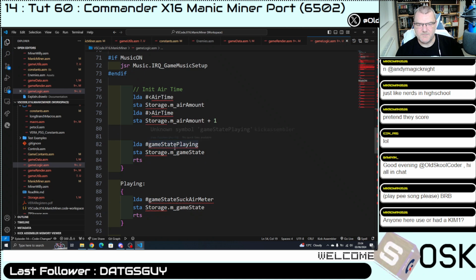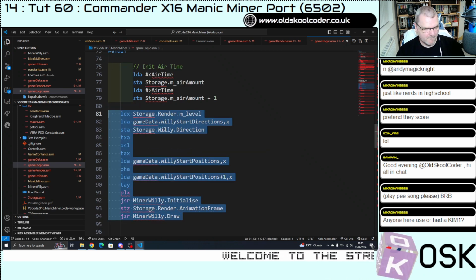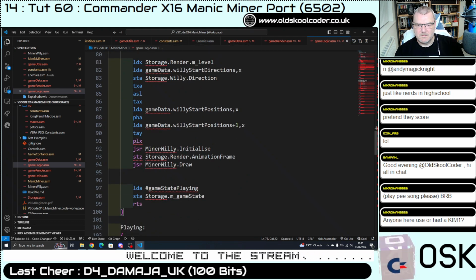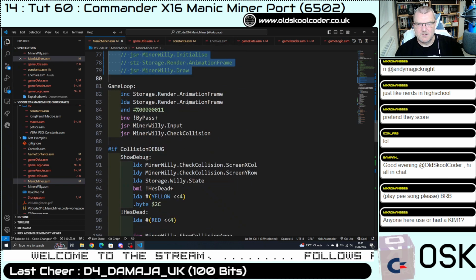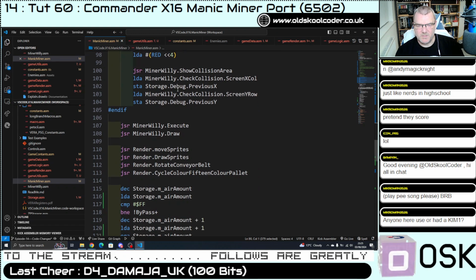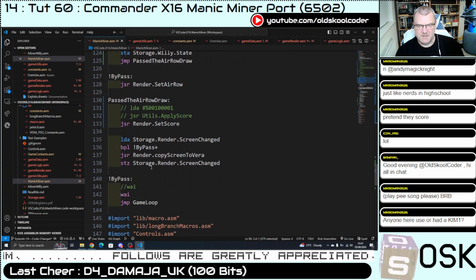So that's in level setup. So we'll stick that in there. And then we go on to game playing. So if we use this as the gameplay down to there,